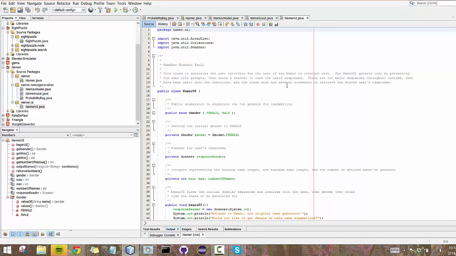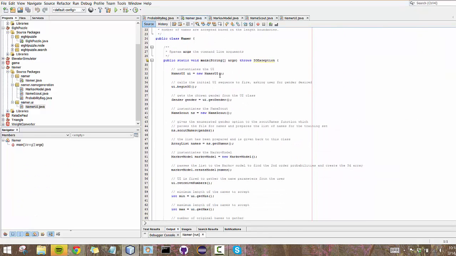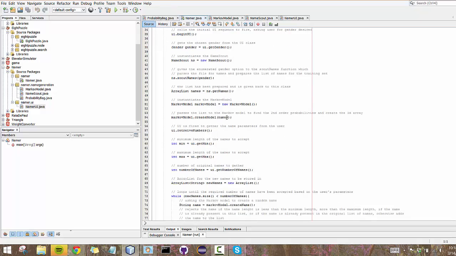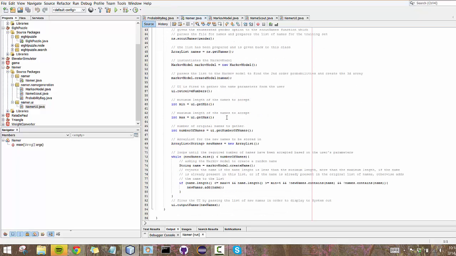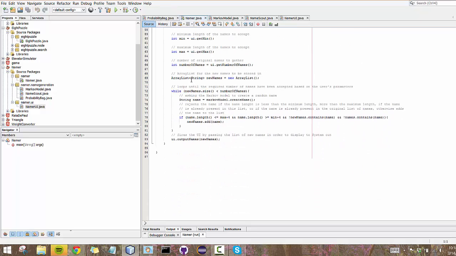And start off with namer.java. There's not a lot interesting here. It's mostly just instantiating the classes, acting like a controller. Everything is in main here, so it's just kind of sequentially doing these things. Only thing really to note, I think, is this while loop, which is